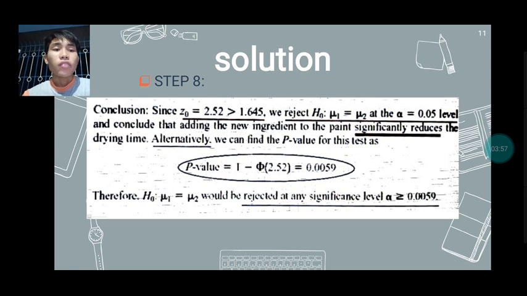Alternatively, we can find the p-value for this test as p-value equals 1 less phi of 2.52, which equals 0.0059. Therefore, the null hypothesis u sub 1 equals u sub 2 would be rejected at any significance level greater than or equal to